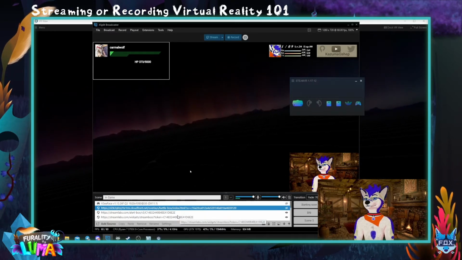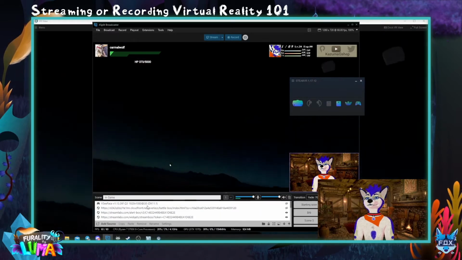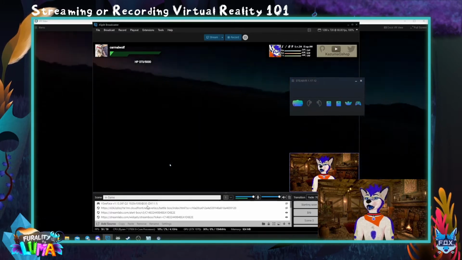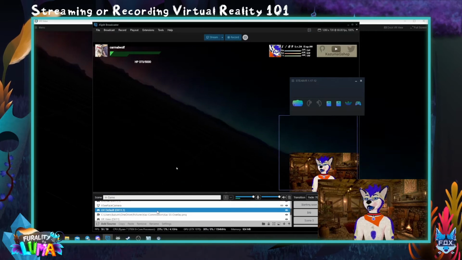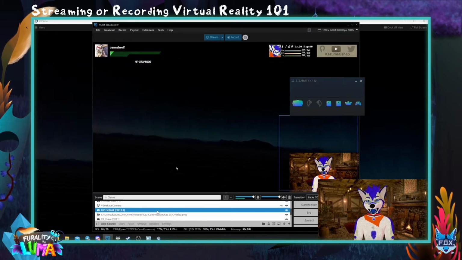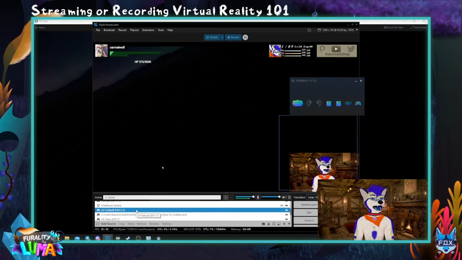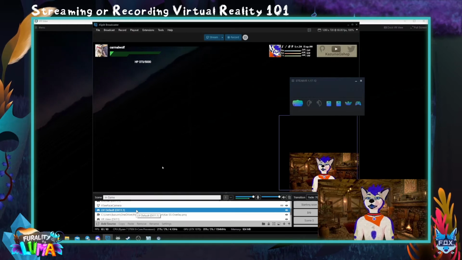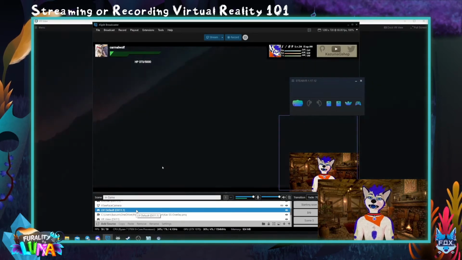But going on from that, I have the VR view already set up. As you can see, as I move my headset around, it's already tracking everywhere I look. Now, another thing that you can do is you can also capture the games themselves. However, I do want to stress this: games can act differently based on